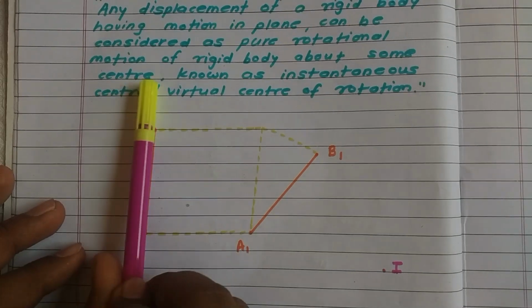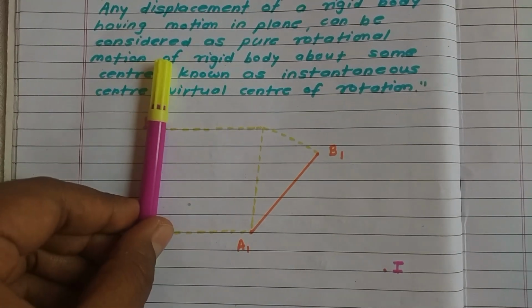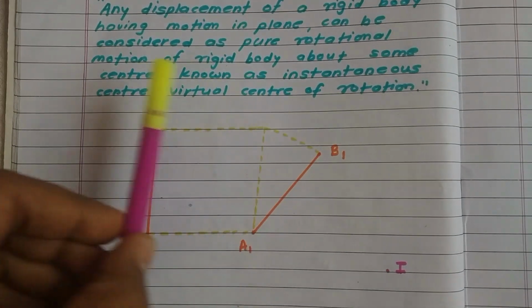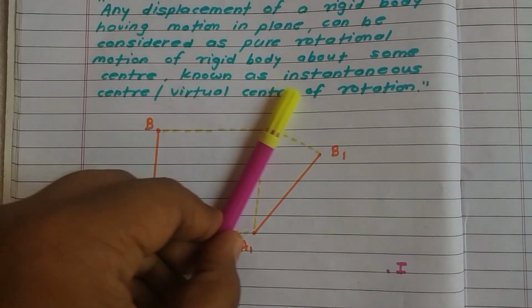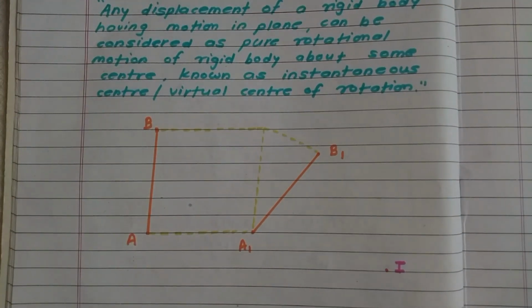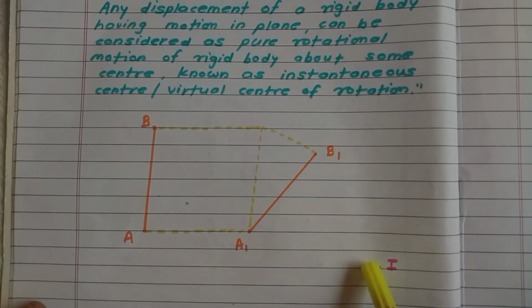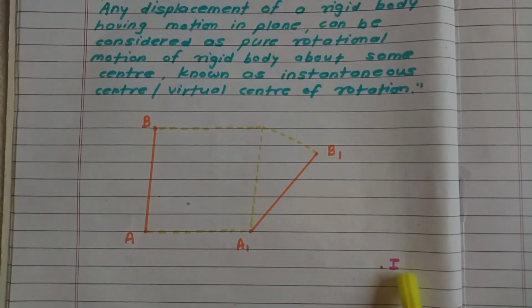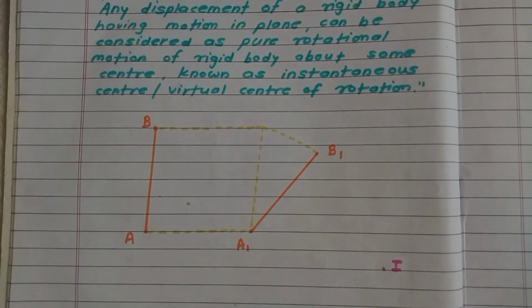But when you see it in motion, you observe that this link is only rotating. Means there is only pure rotation of this link, right? So as it is rotating, there might be some center about which this link is rotating. Suppose this capital I center shown here is the center of rotation of this link. So such a center is known as the instantaneous center of this link, right?